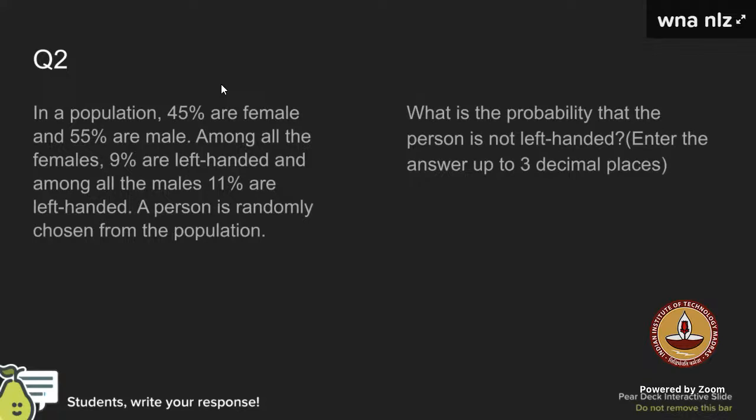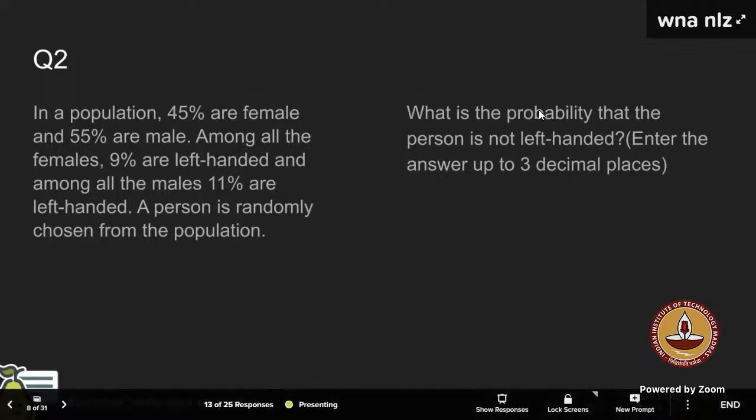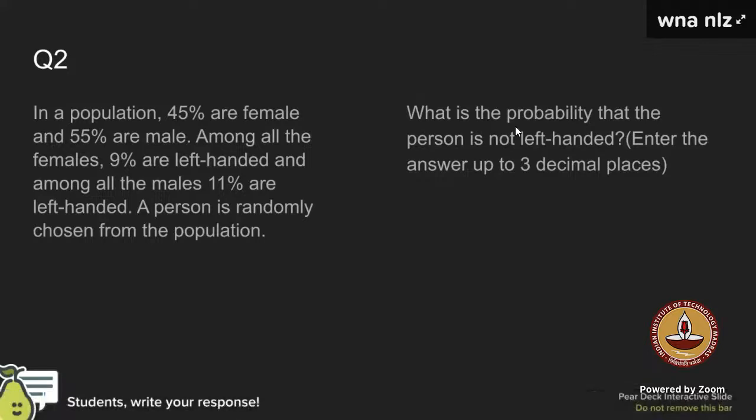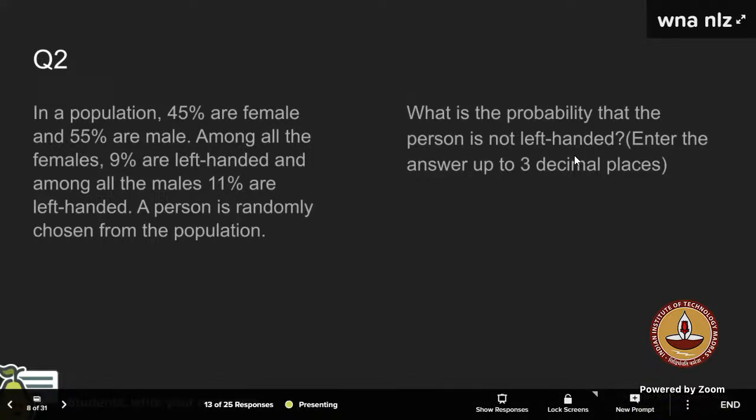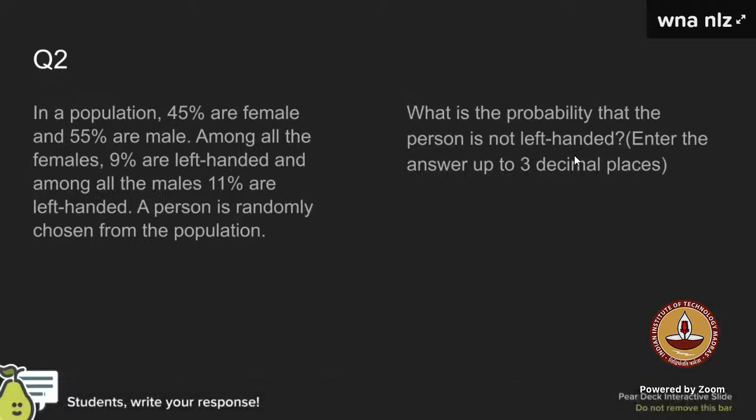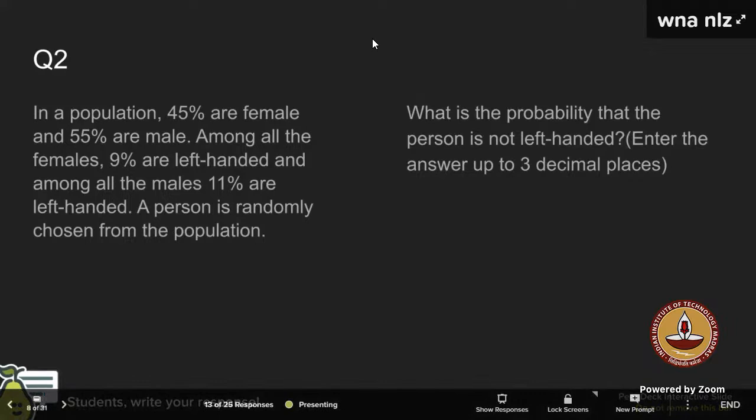So the probability I'm trying to find out is for total defective items, that is the probability of, let's say, the event D. If I have to find out the total people who are left-handed, then I want one minus the value, then we will get the left-handed. You can do it that way, but if you're doing not left-handed, you can do it that way. Let's try.